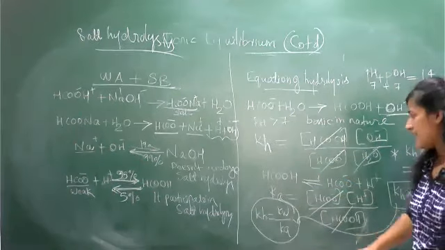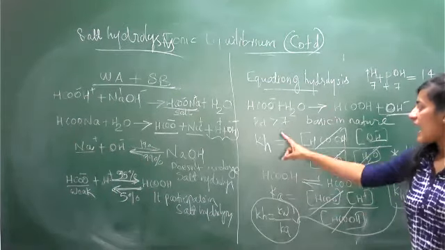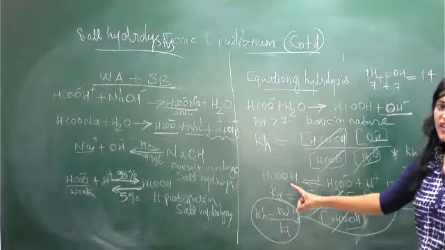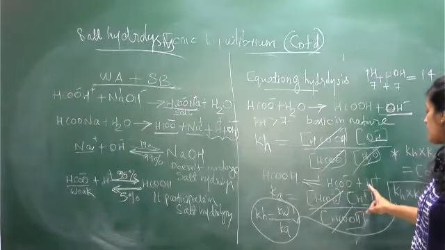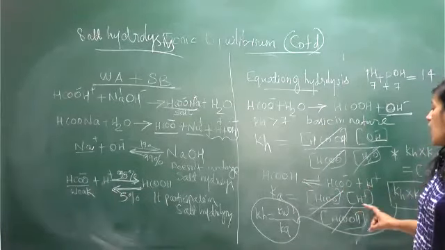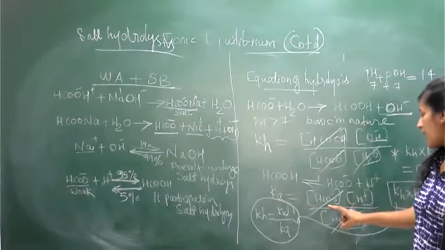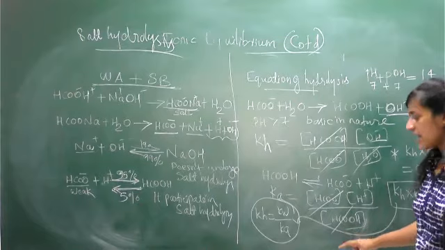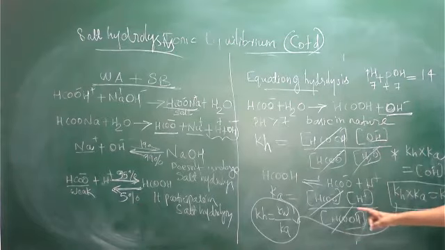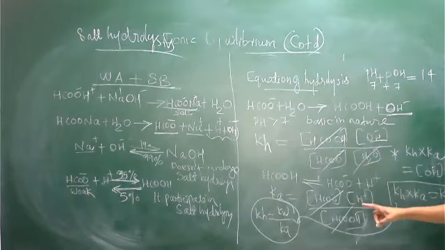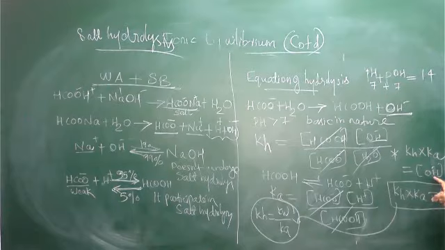We can represent KH. Then again I am doing: the acid HCOOH may be dissociated into HCOO minus plus H plus. After that you can find out the Ka value. So HCOO minus times H plus divided by HCOOH. Next step, what do you want to do? You want to multiply the given KH value and Ka value. So after cancelling out, you will get OH minus and H plus ions. This is similar to Kw. So you will get the relation KH into Ka equal to Kw.